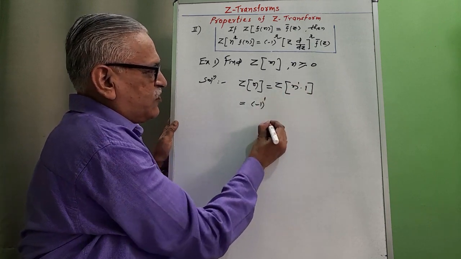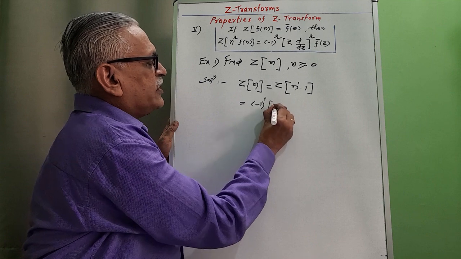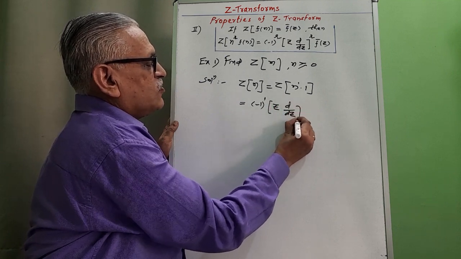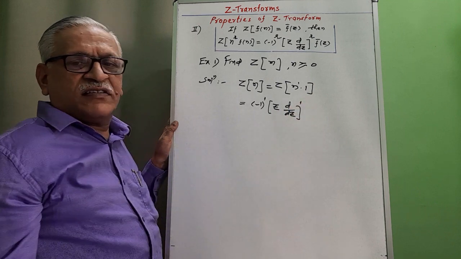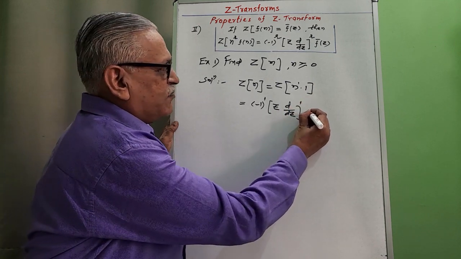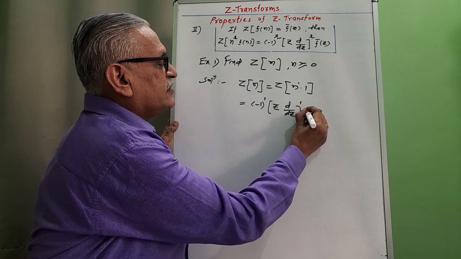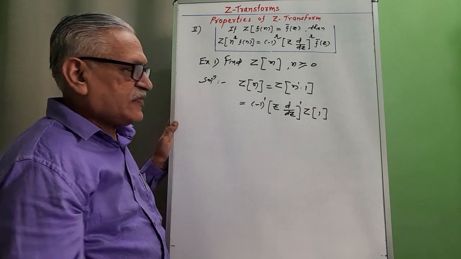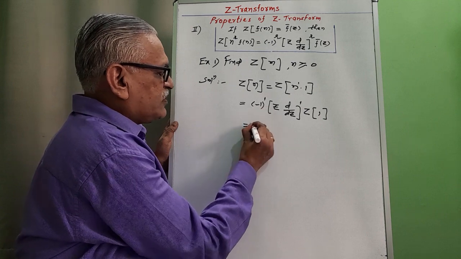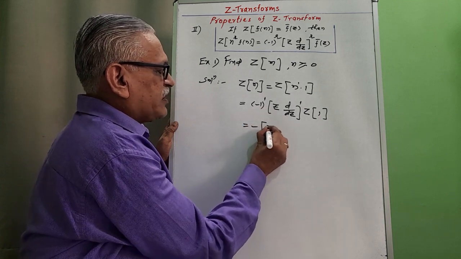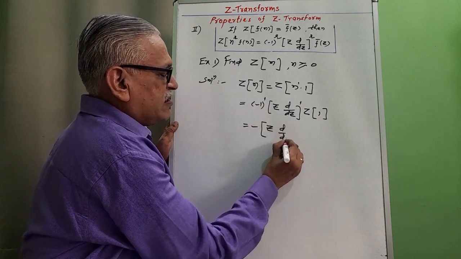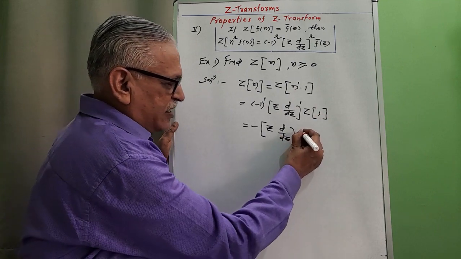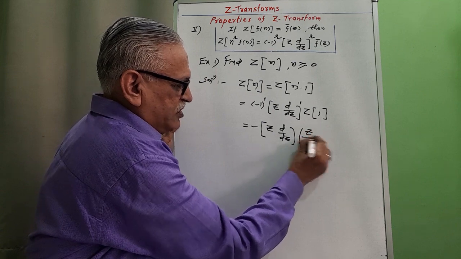Therefore minus 1 raised to 1 into z d by dz whole raised to r. R is here 1. And f bar of z, that is z transform of 1. And therefore minus 1 raised to 1 is minus, it becomes z d by dz, and z transform of 1, standard result, it is z upon z minus 1,